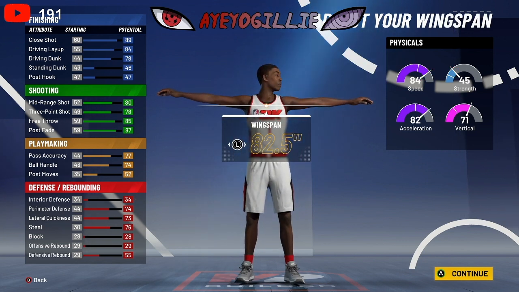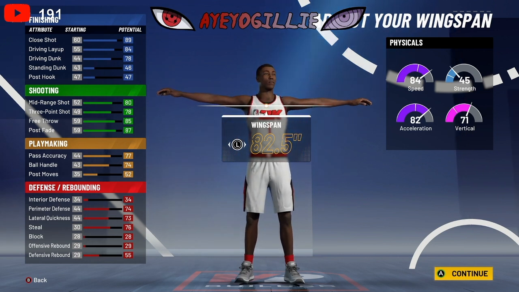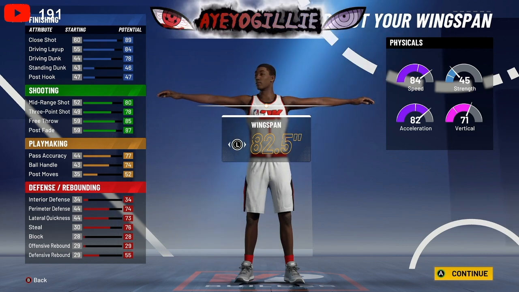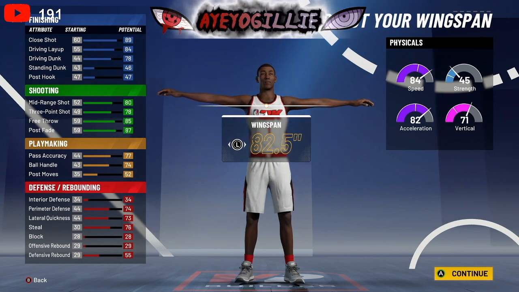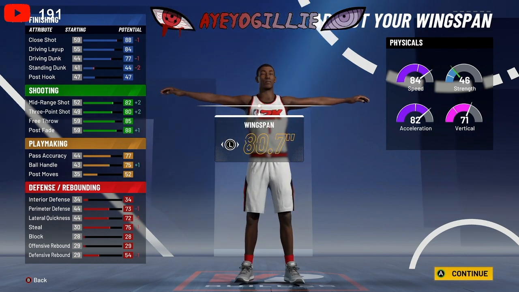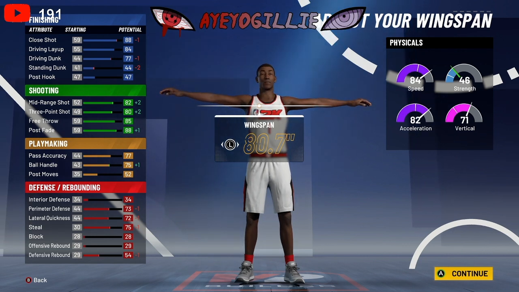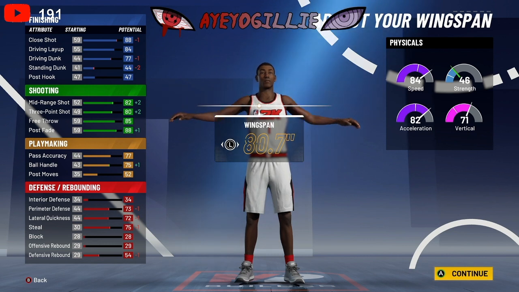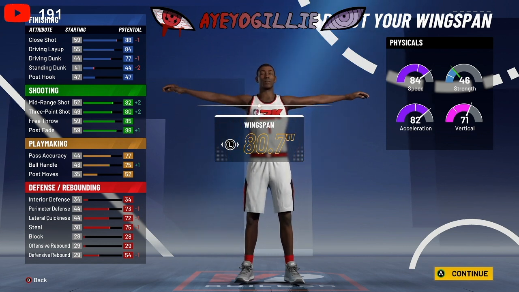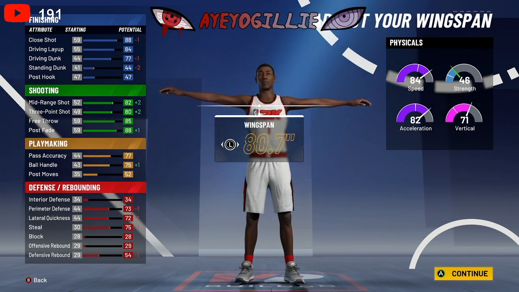All right, now with that said, he gets contact dunks. We right now do not get contact dunks on this build. So we are going to get some of the things that we lost back from going 6'6", and we're going to go with an 80.7 wingspan. Now we go down 1 in the drive and dunk, but that's okay because we're not getting contact dunks anyway, guys. Right? With this build, so we go down 1 more to get 2 back for our 3-pointer